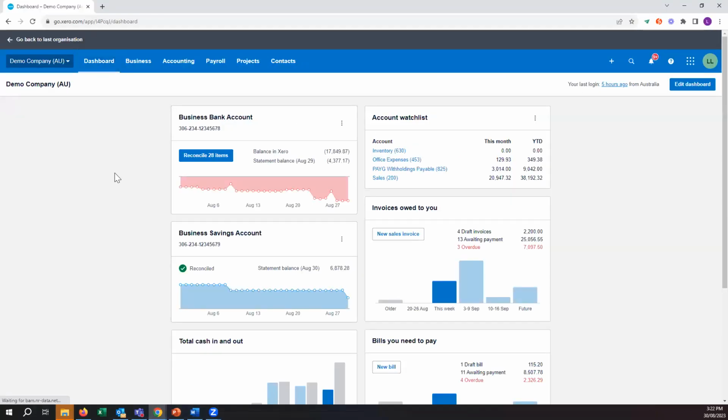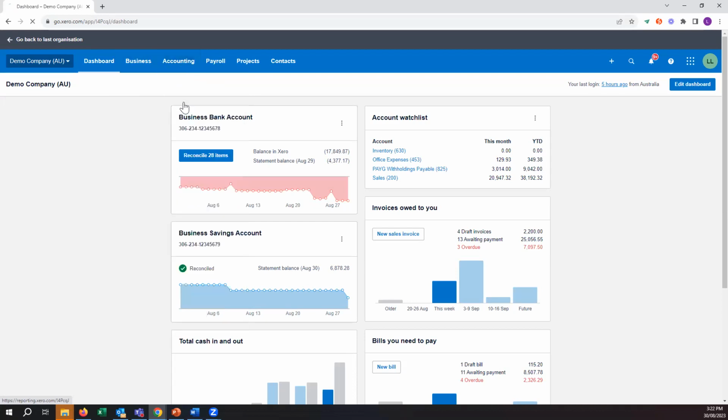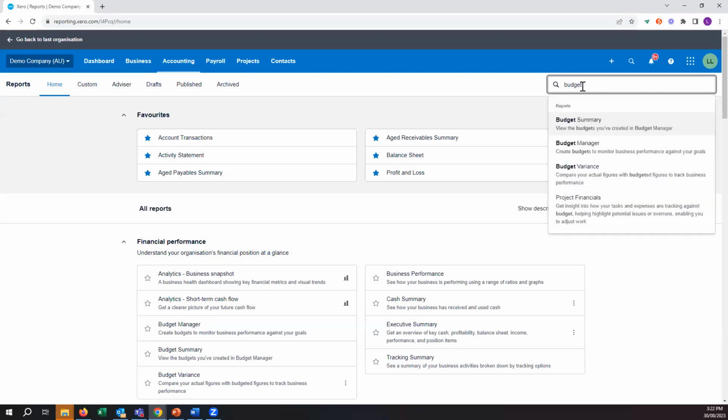Okay. So we're in our demo company now, and from the dashboard, we want to click into the accounting menu and click on reports. We want to find and open the budget manager, which sits under this financial performance subheading. You can just see it right here. You can also use the search field in the top right-hand corner to find that report really easily. So we can search budget, here's the budget manager, and this is where we will create our budget. So if we click on that to open that up,